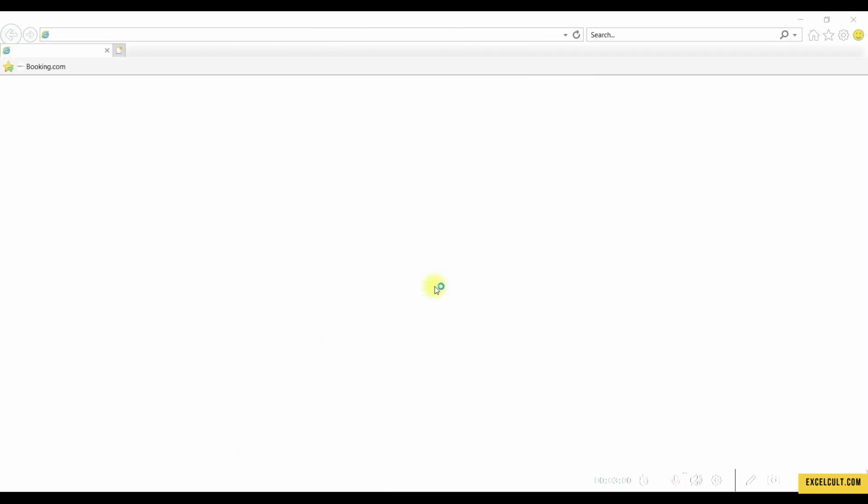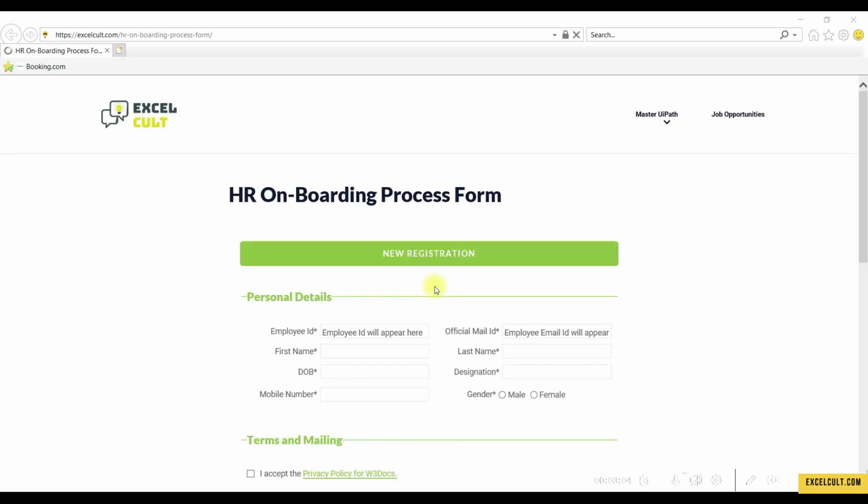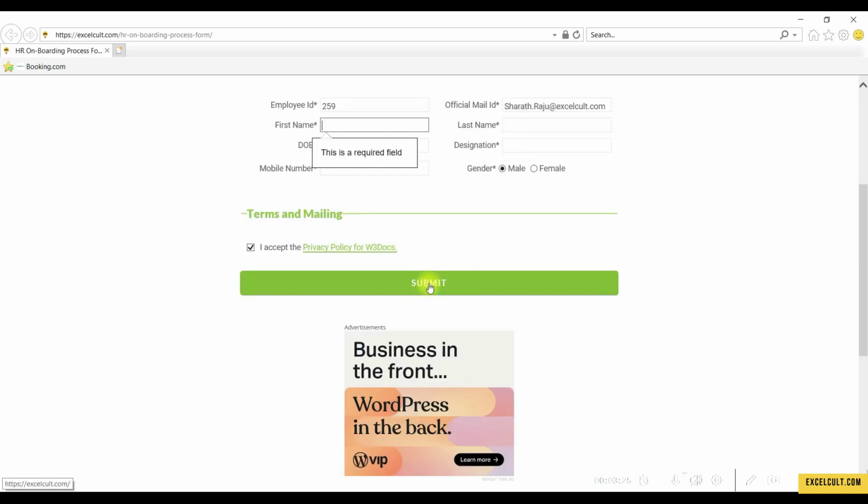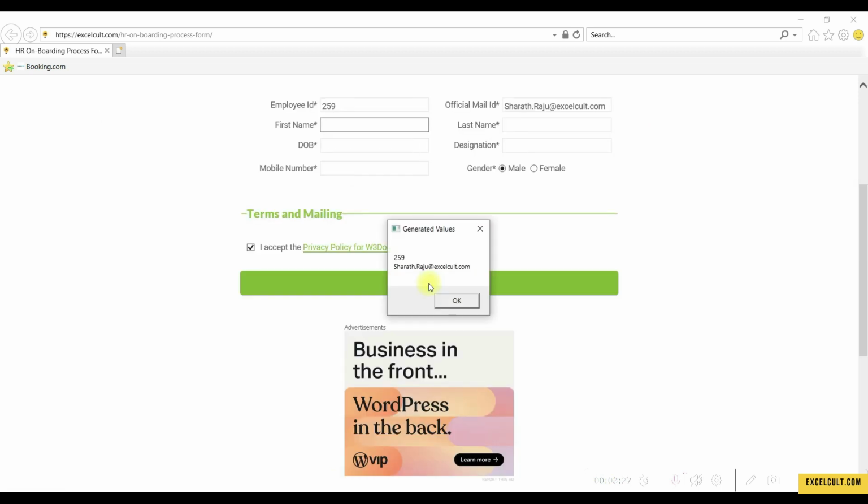Once this is done, it will start launching the website, and it will wait for it to load, and then once that is done, it should start entering the data. As you can see, it has started entering the data here, the same data that we have provided to it. And once it clicks on submit,